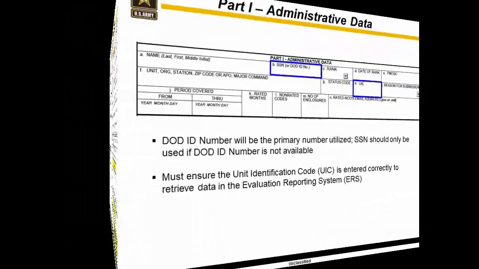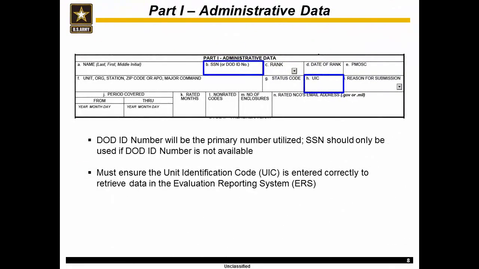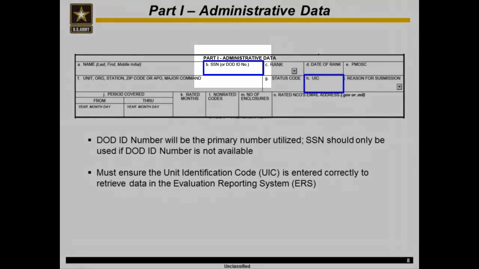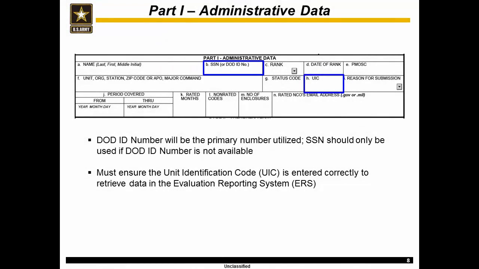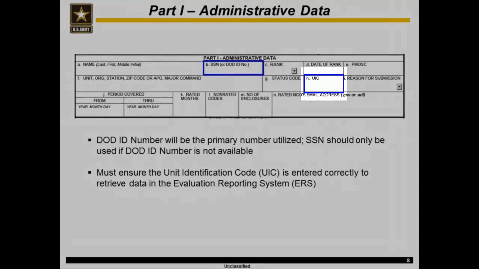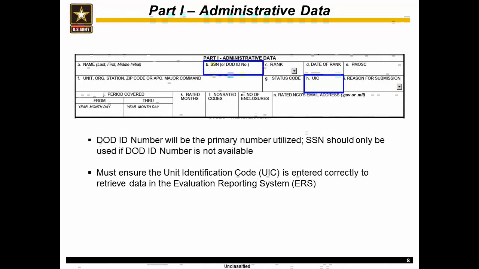In support of the Department of Defense initiative to discontinue the use of Social Security numbers, the 10-digit DoD ID number located on the back of the Common Access Card will be utilized versus the rated NCO's SSN. Rated NCOs, rating officials, and delegates must ensure that UICs are entered correctly in Part 1, Block H. If the UIC is entered incorrectly, the reporting database evaluation reporting system will not be able to retrieve information for